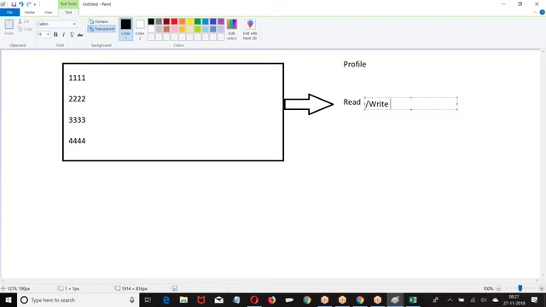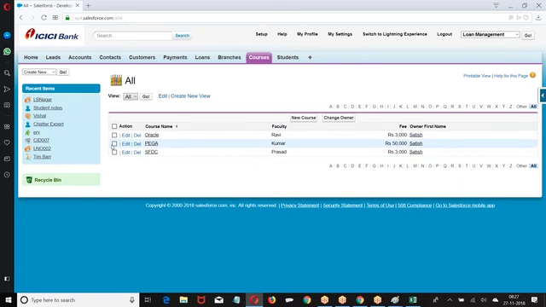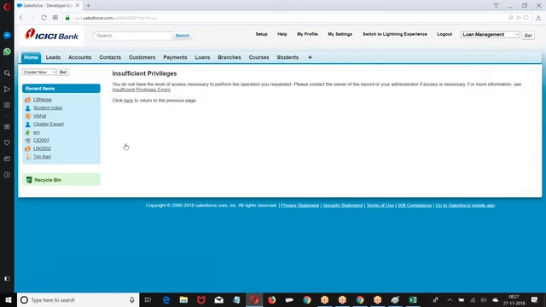No, that's what I'm saying. Now you are seeing the buttons here. You are seeing the button, but when I click on the edit, what are you getting? Why are you getting the button? Because on the table you have permission, but when I click on the record, what is happening? Exception. You have permission on the table, on the record you don't have. That is the reason you are getting the exception. So there you should have, here also you should have, then only will you get it. That's what I'm trying to convey.